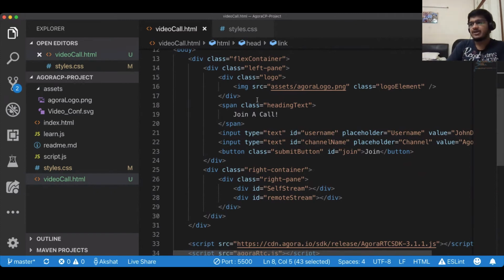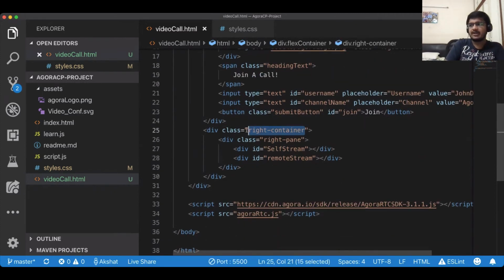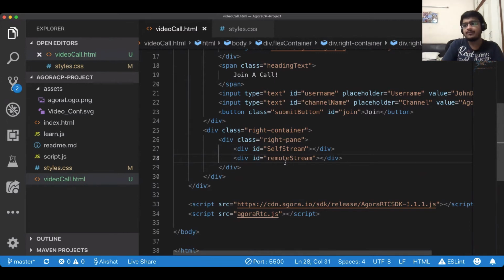So all that was handled using Flexbox, and then comes the right container, which again has the right pane, which has two boxes which are empty right now, but will have your video streams later. And they have a border to make it look very professional and match the theme of the website.